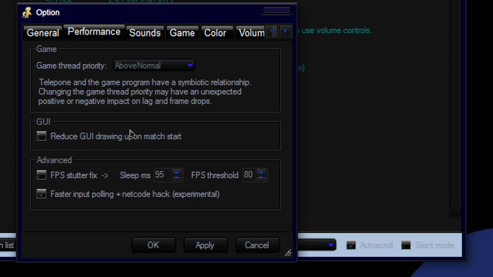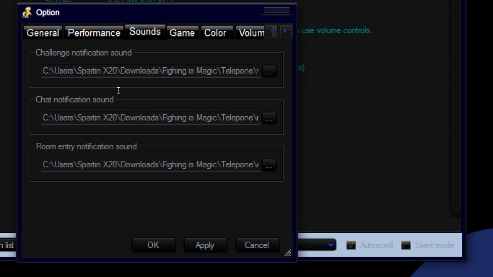Go talk to Haloka Squirrel, the hoster of this nice little server we're about to pop into. He will tell you everything you need to know, so if you have any questions, go talk to him. I'm just kind of going over what to do and how to get things working. Right. Now, advanced, this stuff you don't need to mess with, or you can. Sounds. This is, obviously, well, obvious.